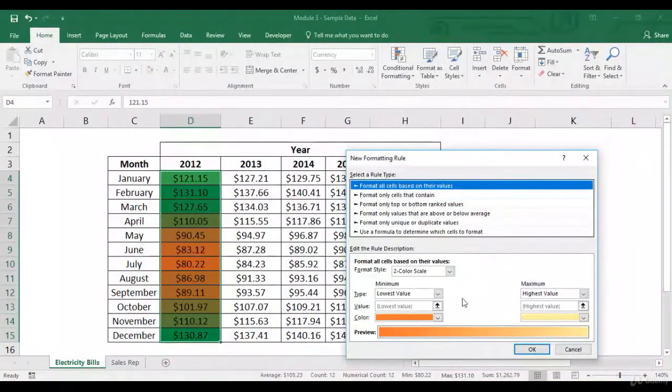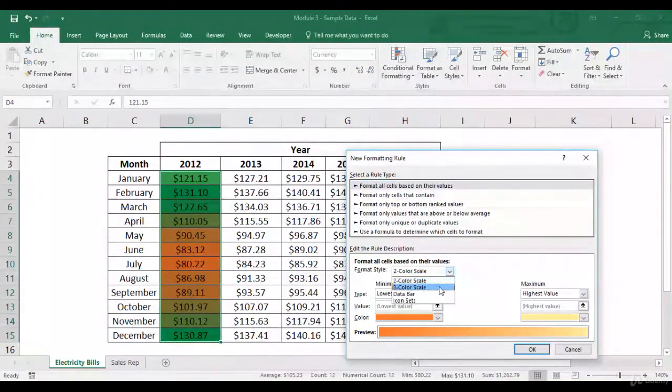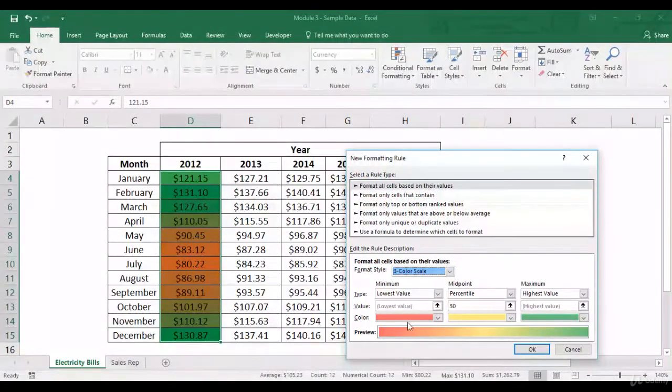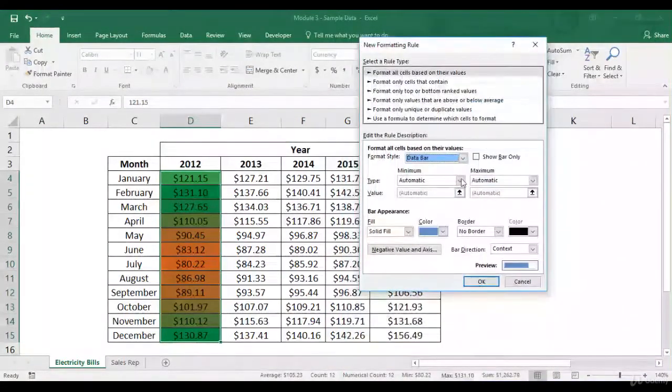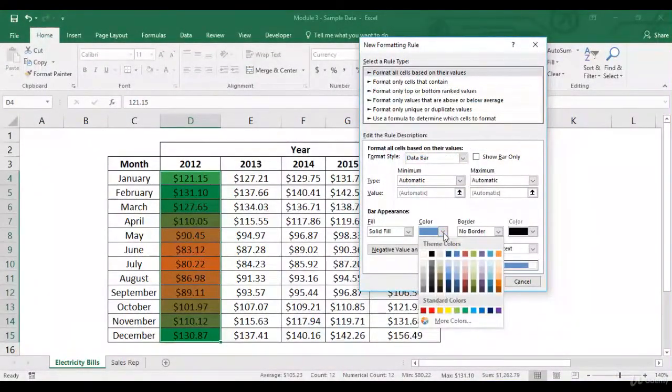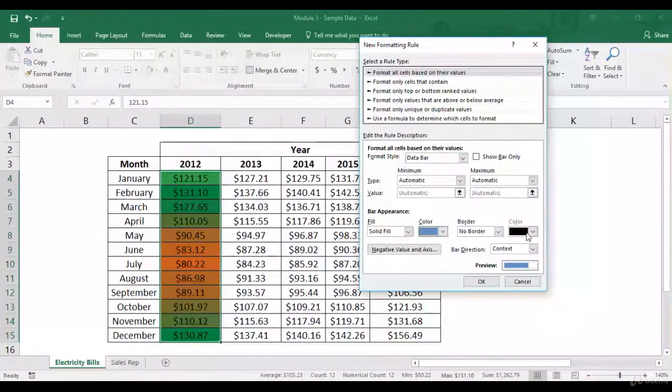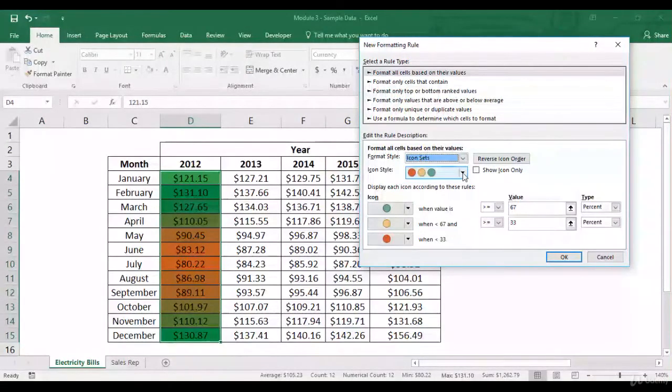So what if I change it to three color scales? I'll have the same red, yellow and green combination what we had seen earlier. Similarly, I can introduce data bars also from here, and over here also I can have the options of which colors I want, whether I want a border or not. Now let's look at icon sets. Again, this is something what we had looked at.